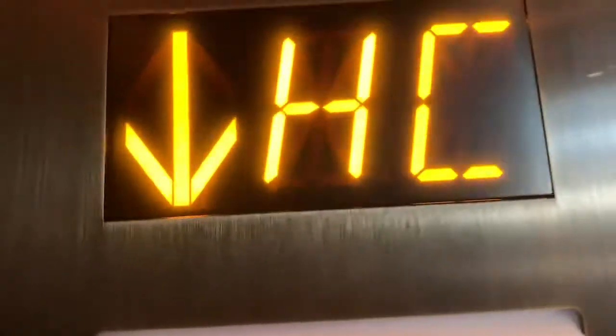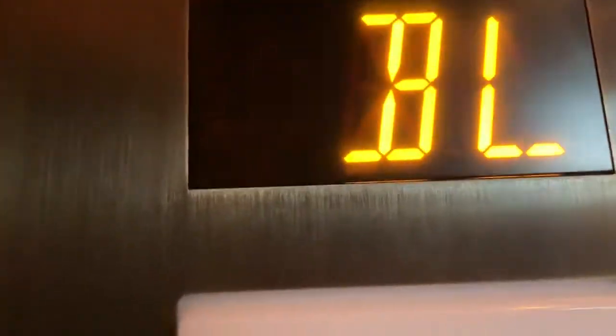Just take the stairs. These used to be Dover elevators, modernized by Schindler, and now they're Schindler. Now let's